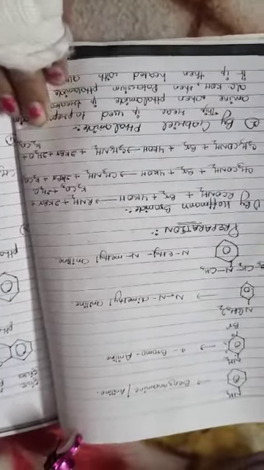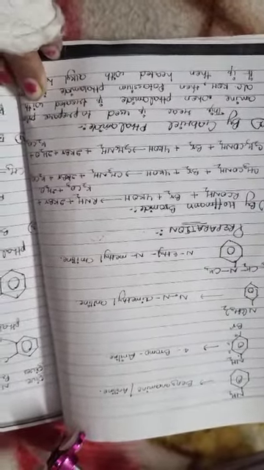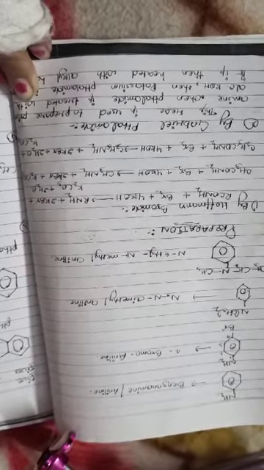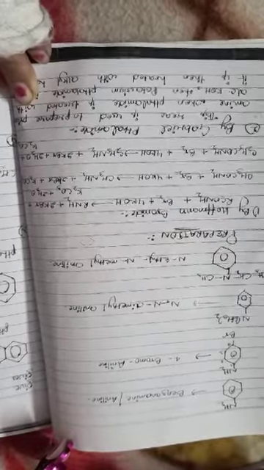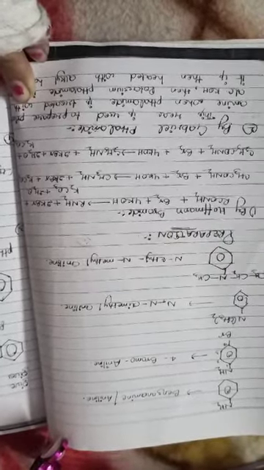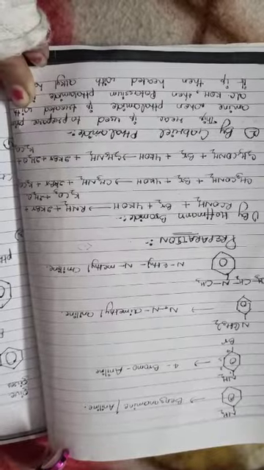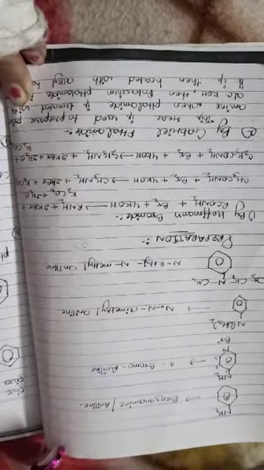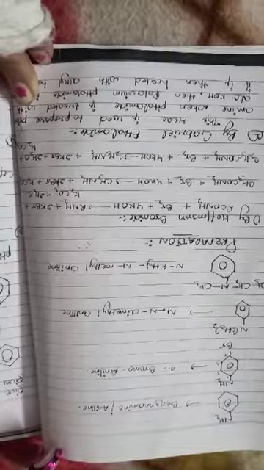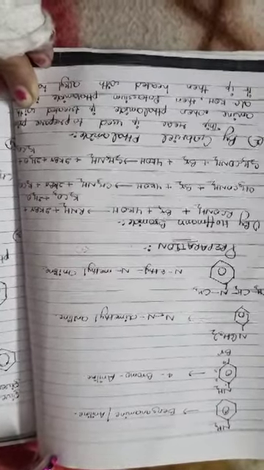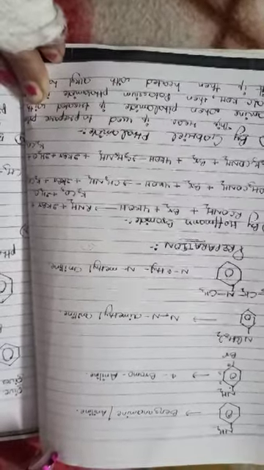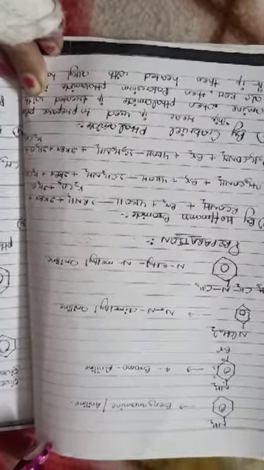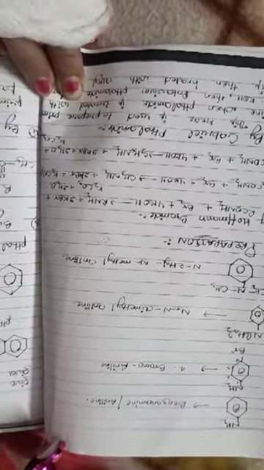Next we are talking about the preparation. You can see the preparation. First is by Hofmann bromamide. In this one a reaction is present. Hofmann we already completed in the named reactions. RCONH2 reacts with bromine and potassium hydroxide, giving RNH2, KBr, K2CO3 and water. Next we take C2H5CONH2, the amide, reacting again with bromine and potassium hydroxide. It comes as C2H5NH2 with 2KBr, 2H2O and K2CO3.